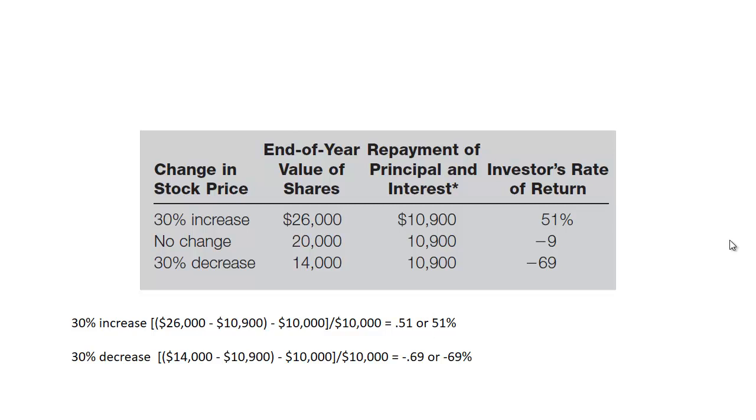So you can see that buying on margin works out really well if you're right. If you know the stock is going to go up or you project correctly, you enhance your return from 30% to 51%. But if you're wrong, you're going to lose a lot more than the stock price fell. So you've got to be careful when you use margin. It can be effective for increasing return, but it also increases potential losses.